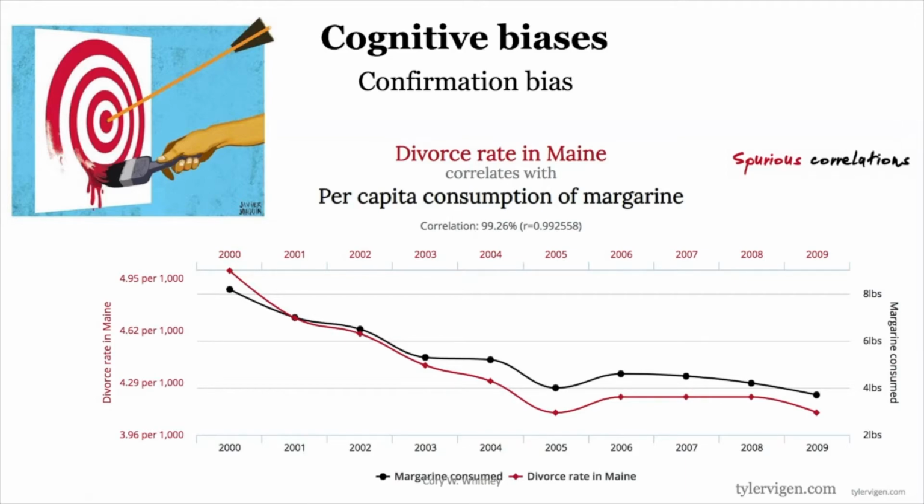So something to consider. This, of course, has no bearing whatsoever. There's no causal relationship between margarine consumption and divorce rates. If you visit Spurious Correlations, you'll find a lot more. But what we do is we look at data, just like I did now with my margarine bias. And I said, you see, margarine, less divorce.